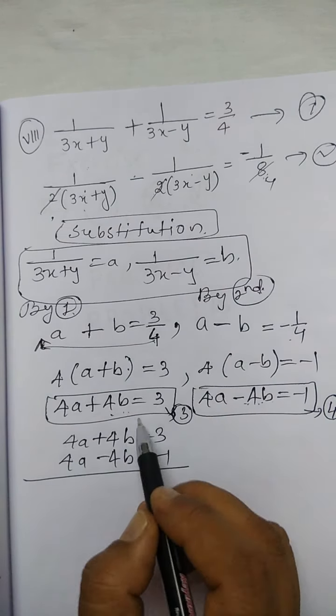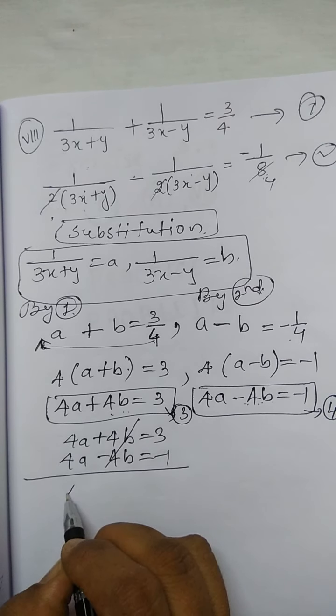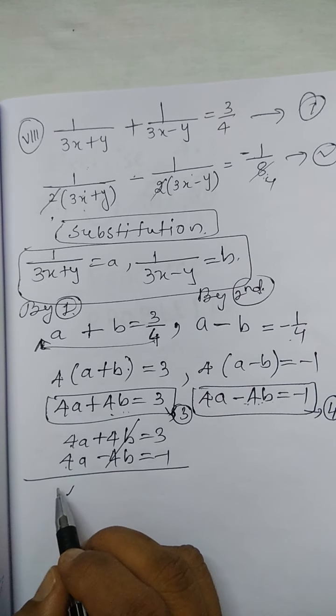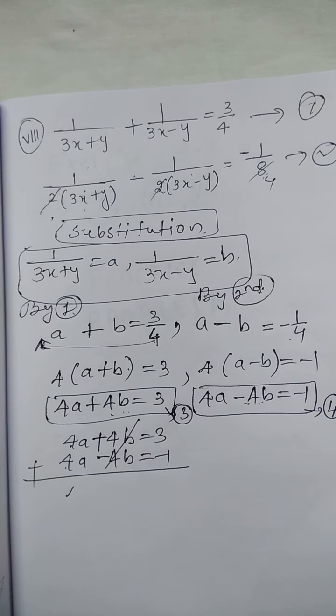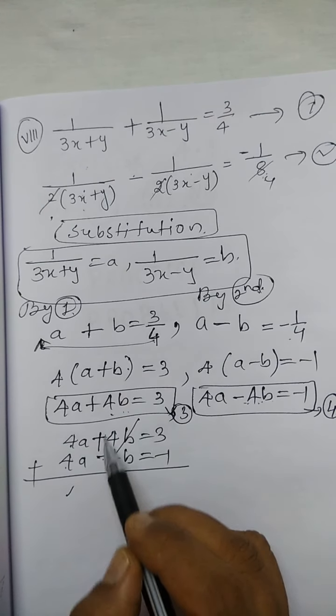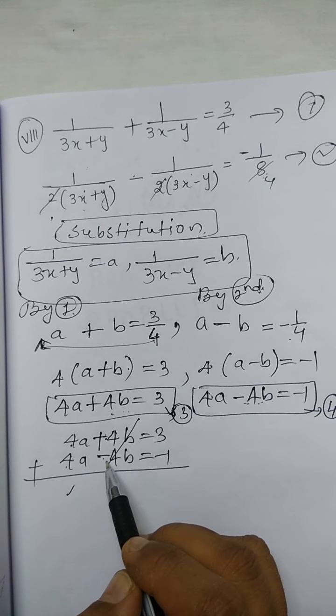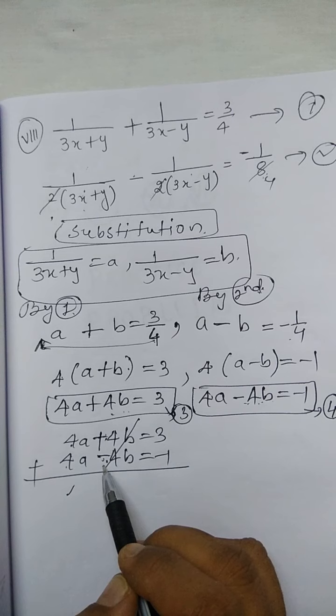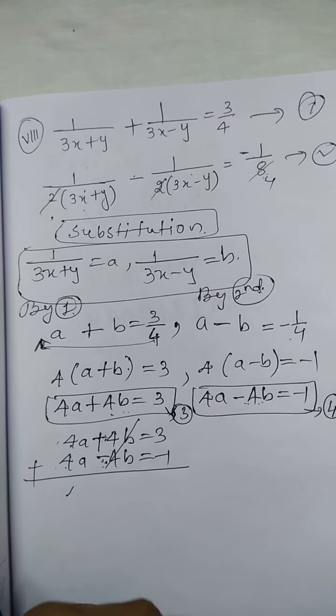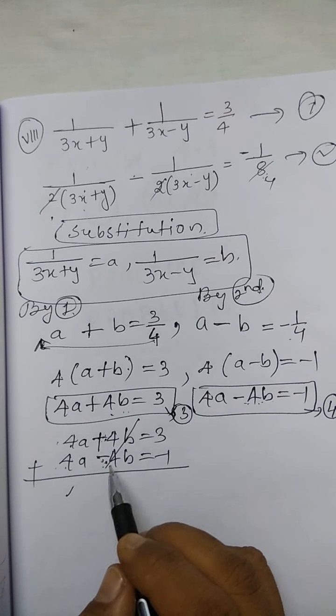So here 4b minus 4b cancel. 4 plus 4 will give you... here you have to do addition because the signs are already different. When their signs are already different, we need not subtract. We do subtraction so that we get opposite signs. But here the signs are already different. Suppose the same sign is there, then we have to do subtraction so that we can change the sign. But here a different sign is already there.